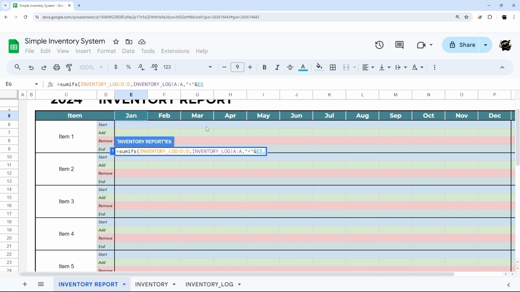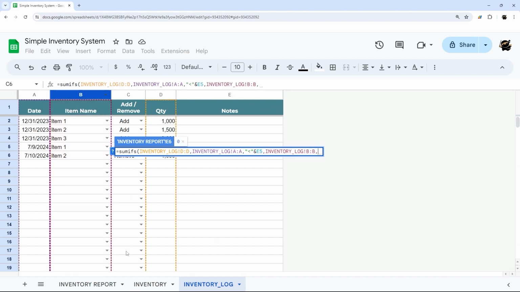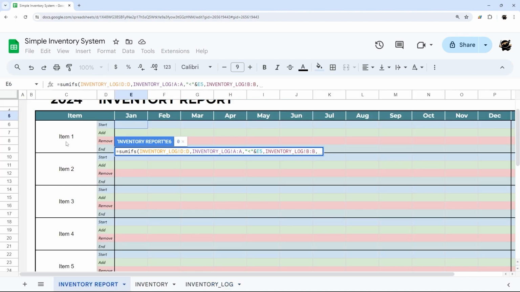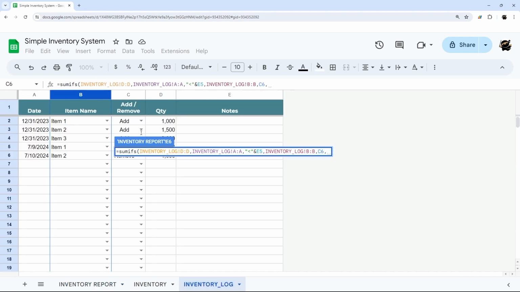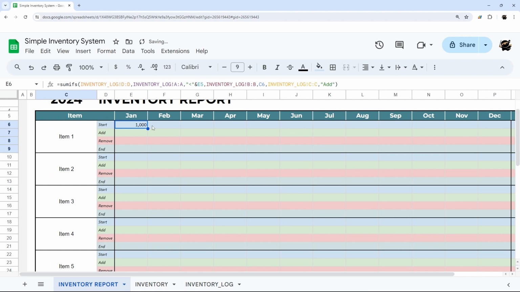So next, let's get the rest of the stuff we need. We need to make sure we match this item number or item name, so we'll match it there. And then the final thing is to make sure this is add. Let's go ahead and do that. So we have now 1,000. Now one thing to make sure